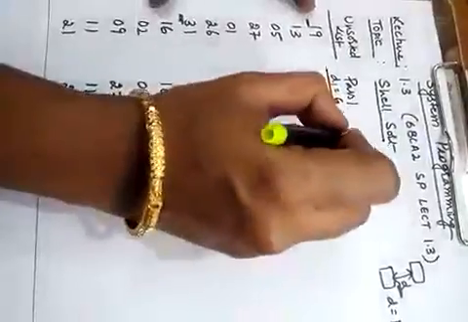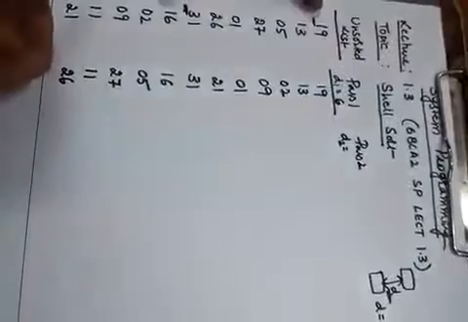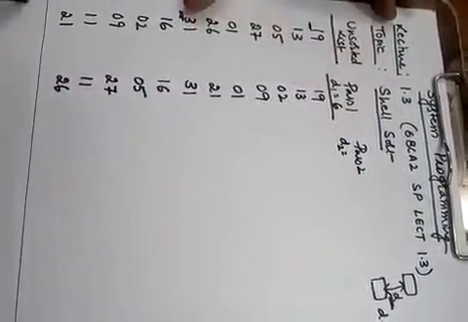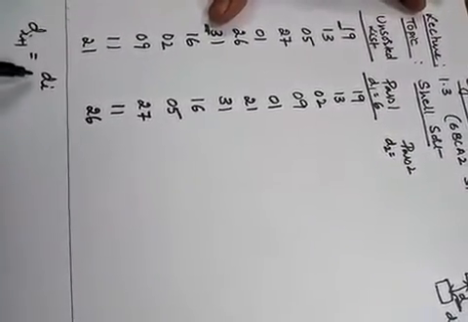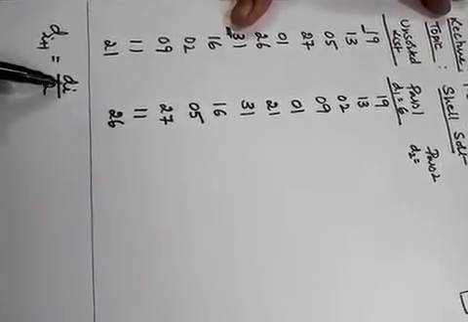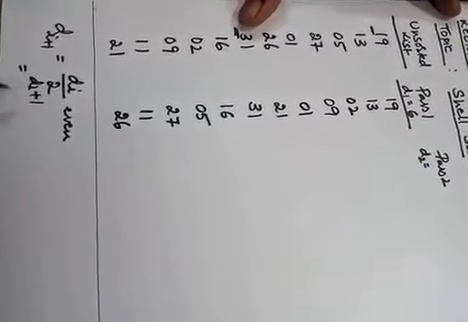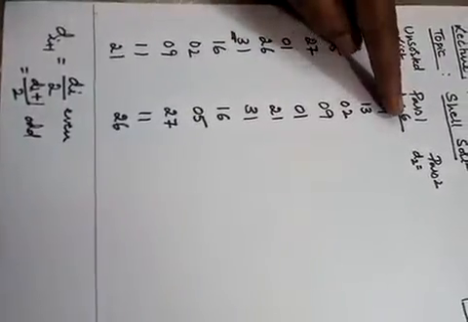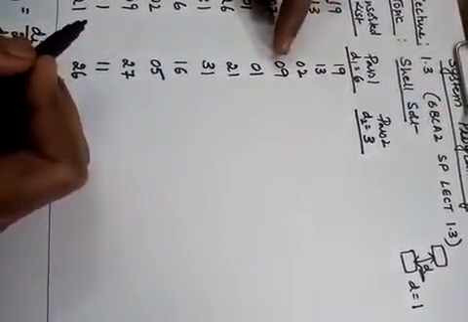Now we will go to the next one, that is pass 2. In pass 2, the distance d2 will be equal to d1 by 2, that is the previous distance. So in general we write that d(i+1) is equal to the previous distance divided by 2 if the previous distance is even; if it is odd, we add 1 and divide by 2. Here di is 6, so d2 will become equal to 6 by 2, that is 3.